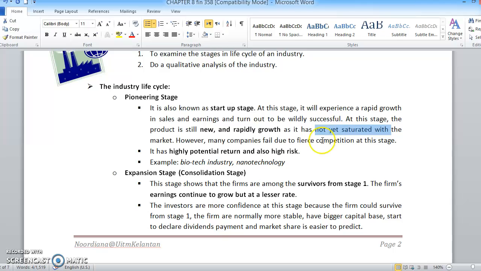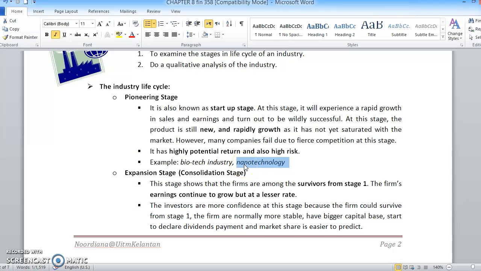But okay, however, if you have a good product at this stage, you will likely earn quite high income. However, many companies as well fail in this stage because of fierce competition. And actually check how many and which examples of products have actually failed during the launch. Okay, people are not likely to buy the products, because of the competition out there. So at this pioneering stage as well, it has high potential return and also high risk. For example, you can give an example from the biotechnology industry, previously nanotechnology. Nowadays, I can say it's